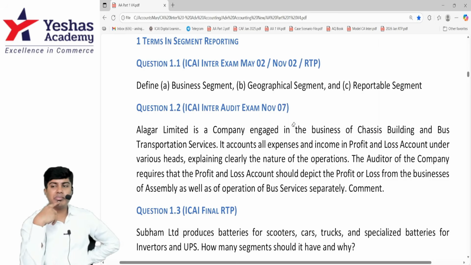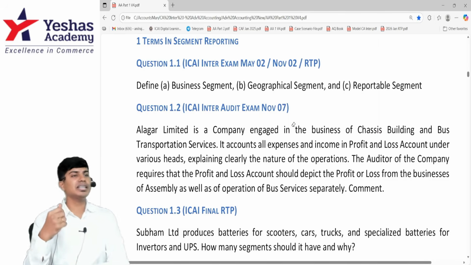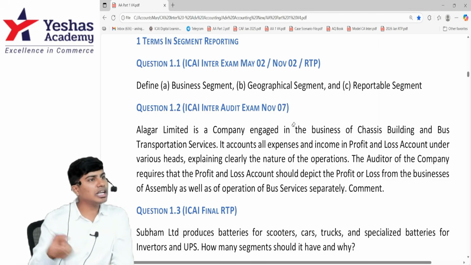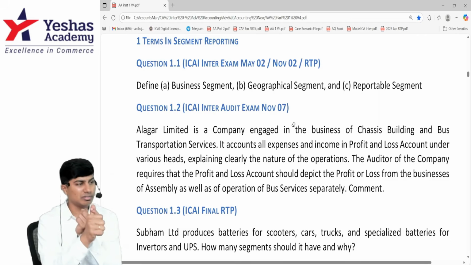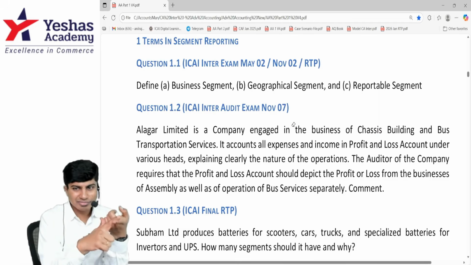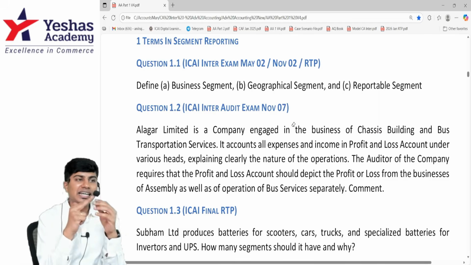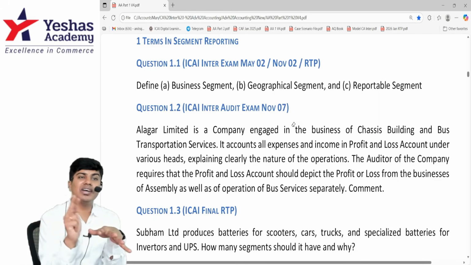What is reportable segment? Reportable segment is a business segment or a geographical segment whose turnover, result or asset is greater than or equal to